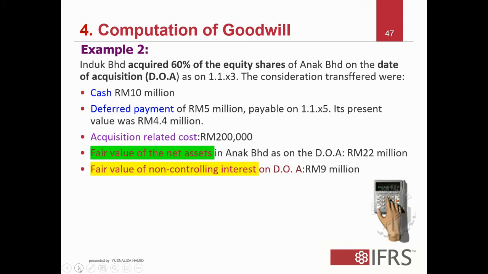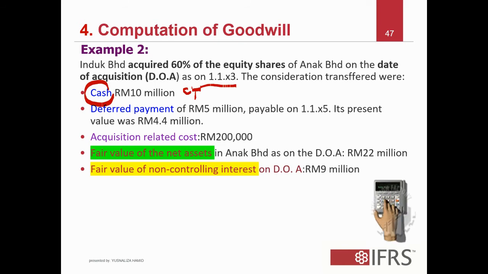Okay, example 2 is the computation of goodwill. Be very fast because you can work it out yourself. So it's a 60% equity shares of ANA on the date of acquisition. Look at the date of acquisition closely, 1st of January. The consideration transferred, this is CT, I put CT, cash, this is an asset,